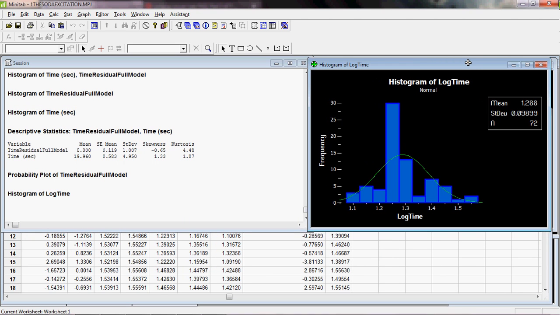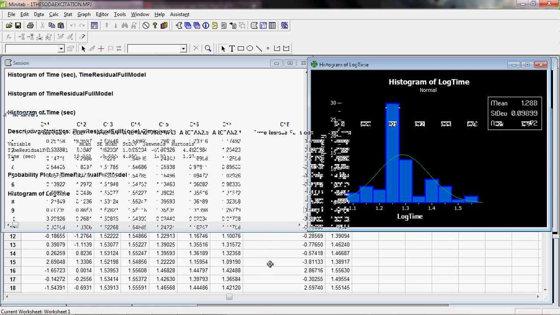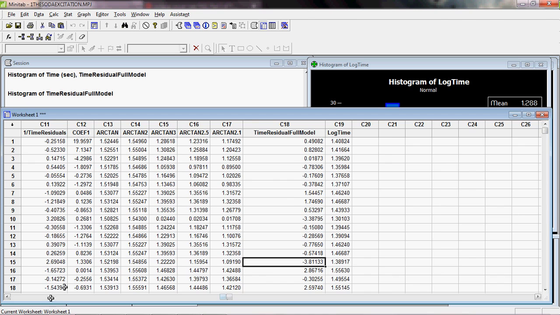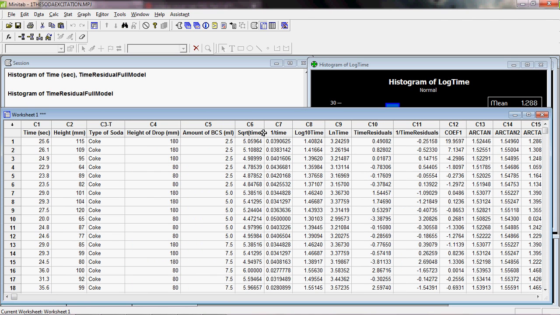So what I did in the video, if you've watched the overview, is I did a whole lot of transformations, and then I looked at the skewness and kurtosis and the histograms for all of them, and then I just picked the best one. And I was interested, because I knew kurtosis was the problem, I really wanted the one that minimised the kurtosis the most in the time, in the hope that that would minimise the kurtosis the most in the residuals, because it's the residuals that I'm really worried about. So here I've got a whole lot of columns where I've done the square root of time, 1 on time, log 10, log base e, and then I did